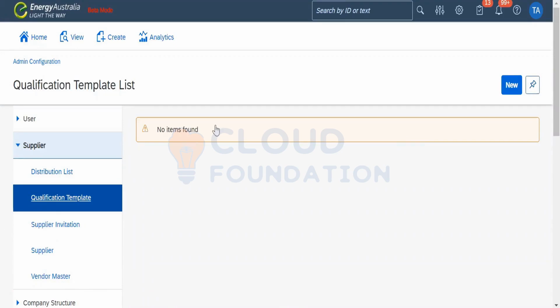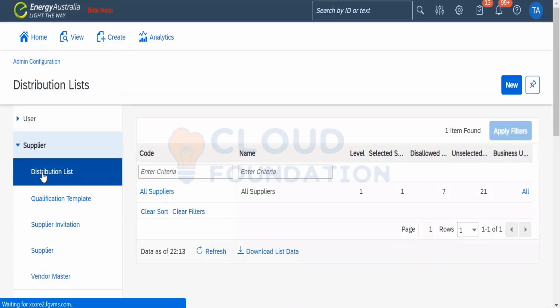There is something called a distribution list. A distribution list is about how a job posting needs to be distributed once it is created. A company might be a global company.